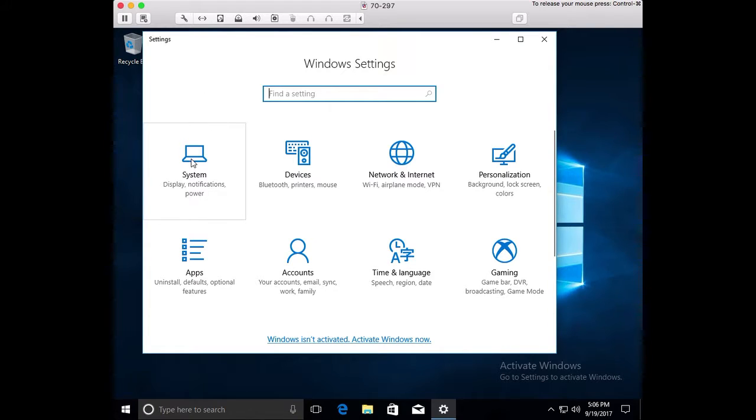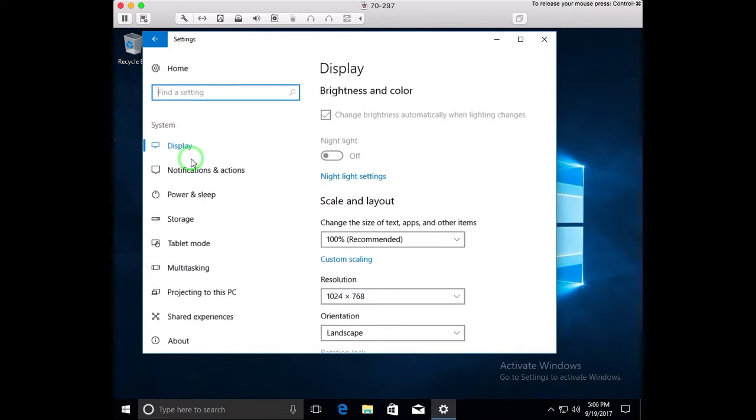So first, if we go to the System category, we're going to see a bunch of different settings. I'm going to talk about a few of them, but right off the bat, if we look at the display settings, you'll notice that on my virtual machine, which is on my desktop computer, some of these settings are grayed out, meaning that they're not available, meaning that the hardware that I need for these settings to work does not exist on this computer. So the change brightness automatically when lighting